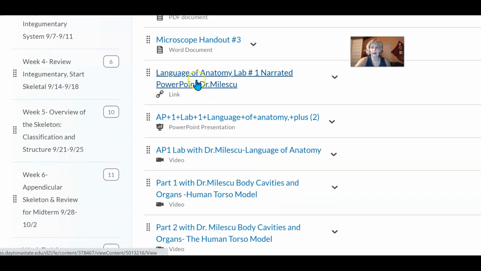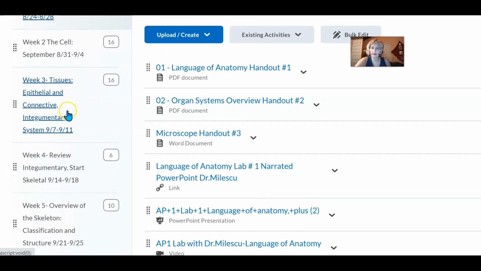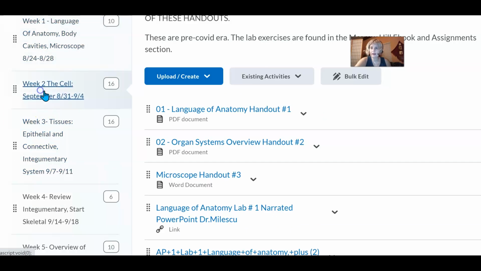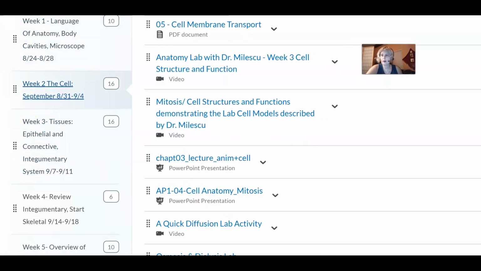And each week, this is new. This is the only new thing that I'm doing. I don't have this in each week. So each week as I move along, I will narrate a PowerPoint. This weekend I'll be narrating the second PowerPoint for the second week. Note that the second week in lecture was chemistry. The second week next week is going to be